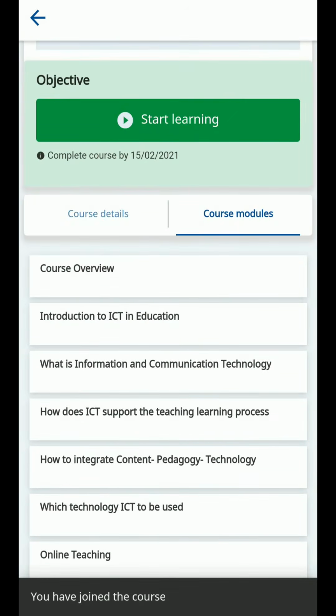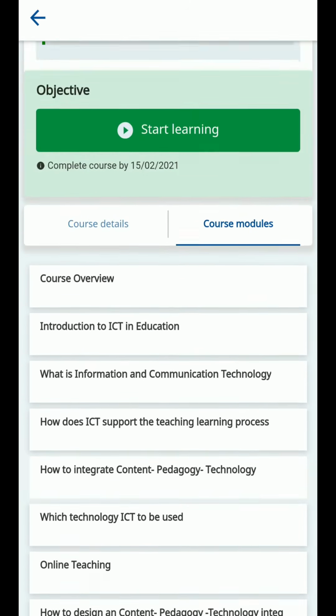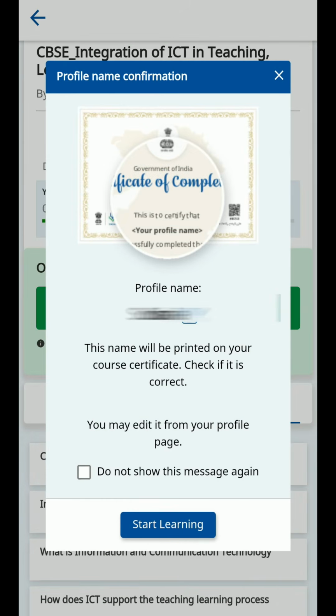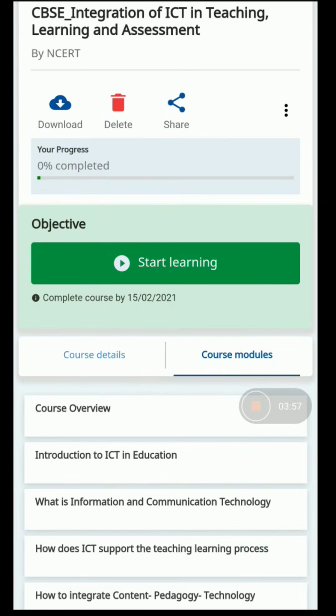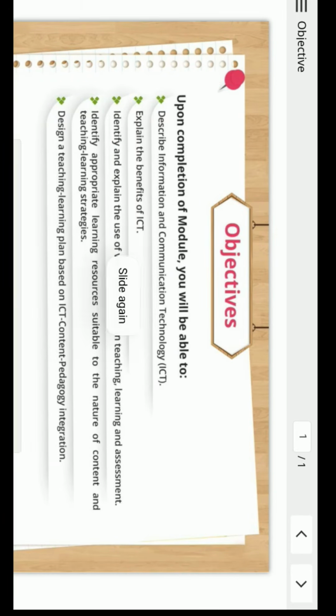Now you can see the course modules. Scroll down. Click Start Learning. Check your name and click the Start Learning. And the first course module will open. Objectives.